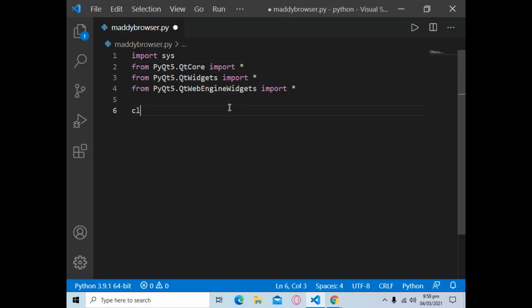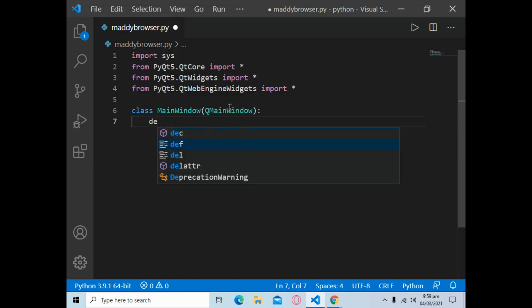Now make a class and give this class a name and make parentheses, and in the parentheses write QMainWindow, and after the class name just put a colon and hit enter. Here you need to create a constructor. Write def __init__, then open and close parentheses, and in the parentheses write self and put a colon.